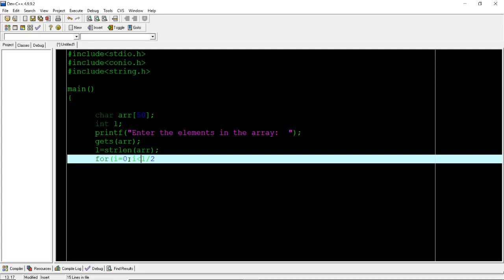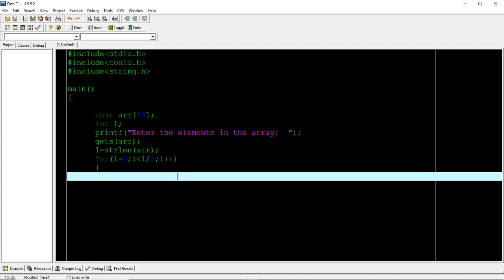We started from 0 for the index value, I is representing the index value, and L is the size of the array. If I write I less than or equal to L by 2, then I have to write minus 1 with it. Okay, then I plus plus,